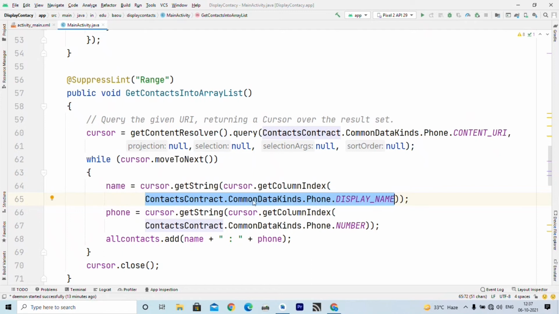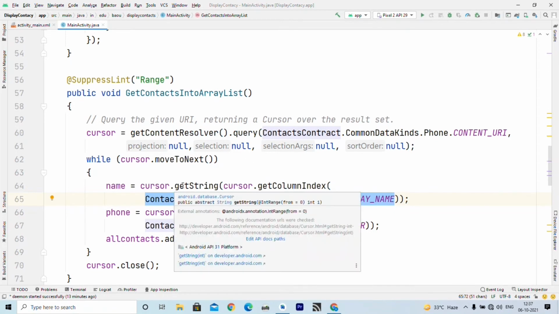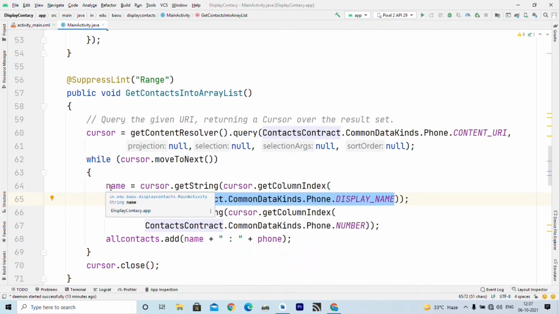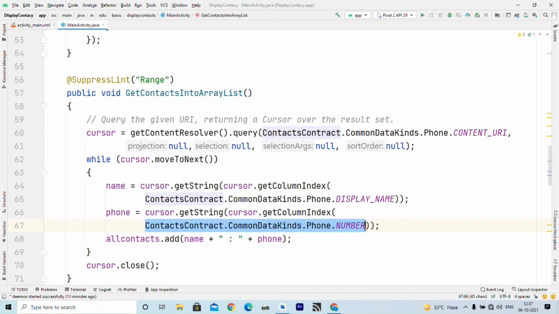So this refers to column name, this will return index of that column, and whatever value is stored we fetch inside variable name. Similarly, we will fetch phone number using this column. So this is column name, this method get column index returns its column index from table, and from that column we fetch string value into phone.